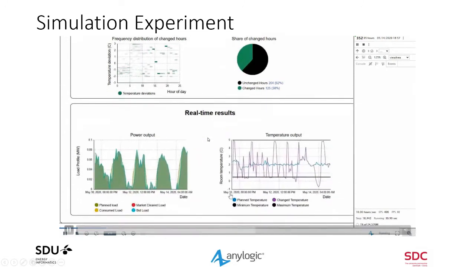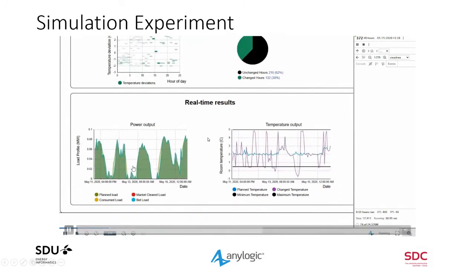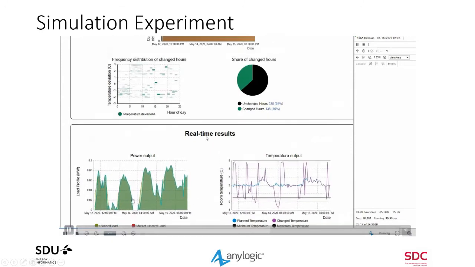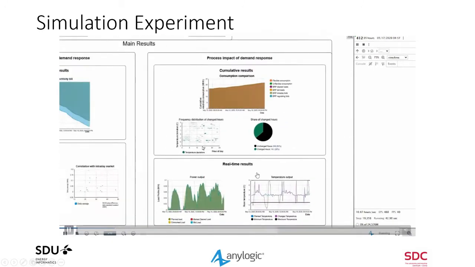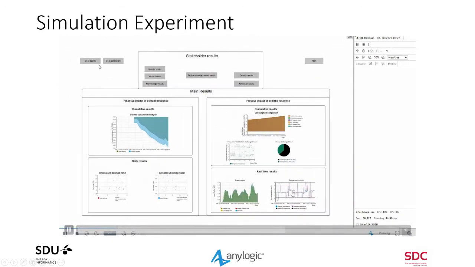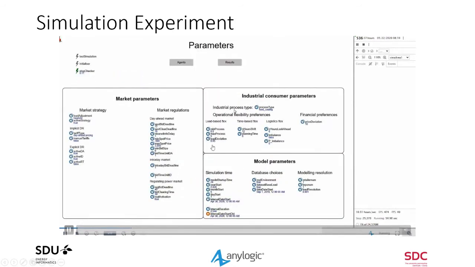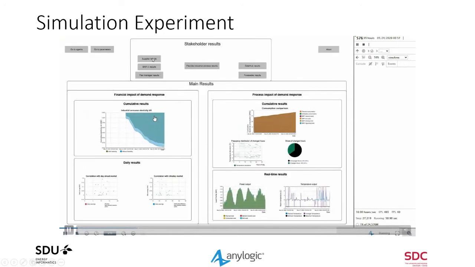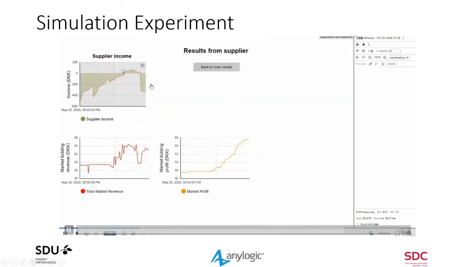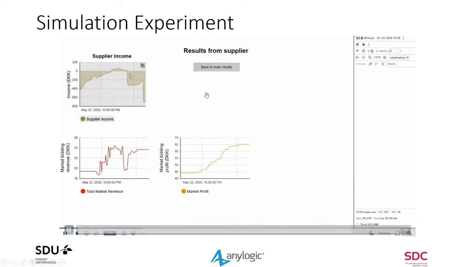And then at the bottom, you can follow, of course, your power consumption initially, and then based on the plan load, and then the flexible load. So that's the overview for the industrial consumer. That's the ecosystem overview of the different agents involved within the simulation to actually do this bidding process. That's the parameters you input initially. And then finally, you can also check the results for the different agents making up your ecosystem.